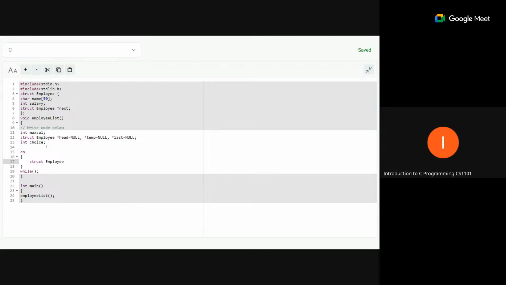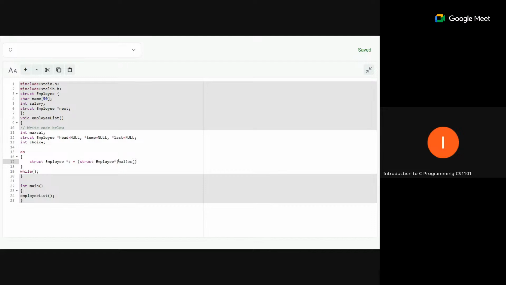Okay, this is the same variable we have created, and we will allocate the memory for this. So the memory type is also the same: struct employee, we will write, this is for the typecast, because the malloc function returns a void pointer. So we will convert that pointer into a struct type, and after that, malloc,